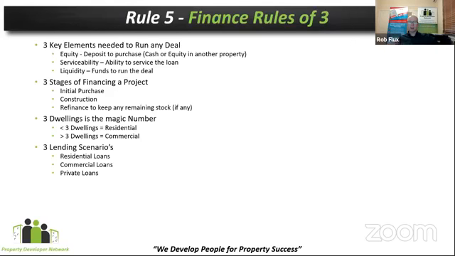The next one, there are 3 lending scenarios. So there's residential loans, there's commercial loans, and there's private loans. So different ways of actually getting the money with different rules actually associated with them. So residential typically has an 80% loan to value ratio and very low interest rates. Commercial loans typically have a 70 or 60% loan to value ratio and much higher interest rates. And private equity loans have some flexibility in what they can actually do. Sometimes they go as low as 80 and sometimes they go as high as 50% loan to value ratio, and the interest rates are ratcheted much higher.